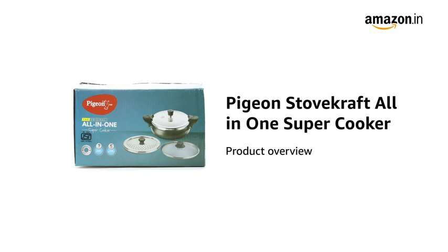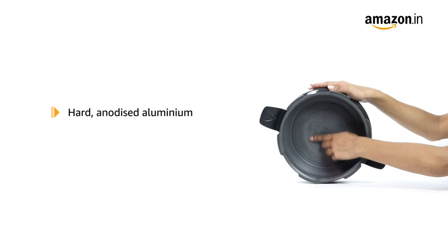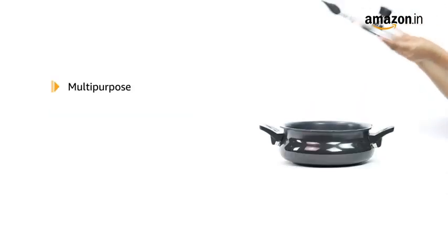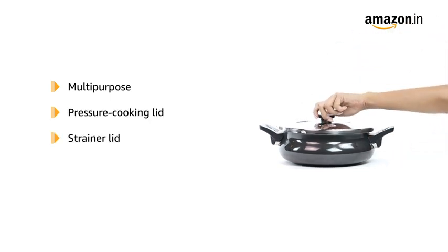Introducing the Pigeon Stovekraft all-in-one super cooker. This super cooker has a capacity of 3 liters. It is made of hard anodized aluminium and comes with a non-stick coating. This Pigeon product is a multi-purpose cooker with 3 lids, a pressure cooking lid, stainer lid, and a glass lid